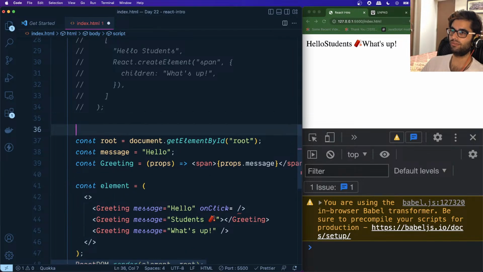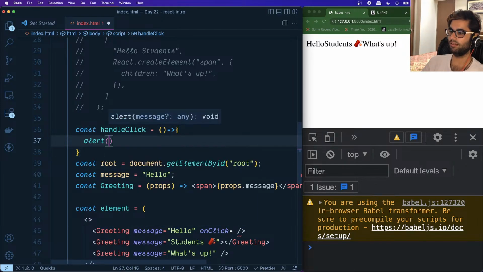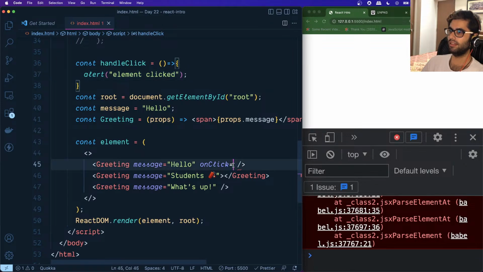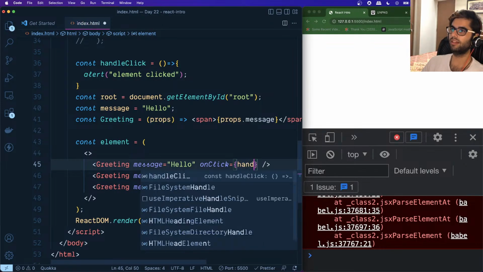So let's recreate that. So const handleClick, and we will just say alert, element clicked, like this. And here we will pass the reference of handleClick,